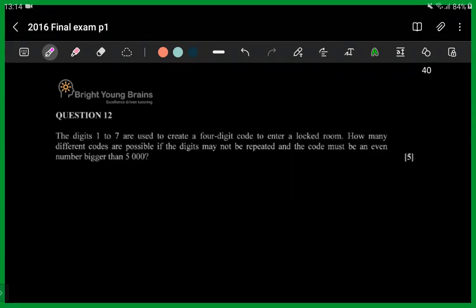So the idea is, if they ask us something like this, it says the digits 1 to 7 are used to create a 4-digit code to enter a locked room. How many different codes are possible if the digits may not be repeated and the code must be an even number bigger than 5,000? So you see, we've just read the question. That's not good enough. We've just read the question, it's okay, but we now have to read it again while laying out the structure that's going to help us answer